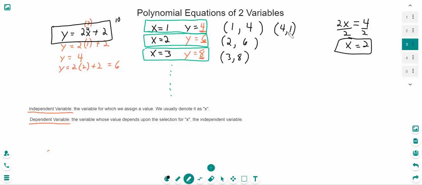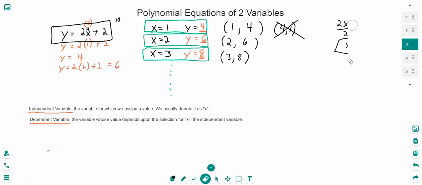So remember what this means. This first number is the x. The second number is the y. If I plug in a 1, I should get back a 4. If I plug in a 2, I should get back a 6. If I plug in a 3, I should get back an 8. And if you wanted to check these, just to show that these are indeed solutions,